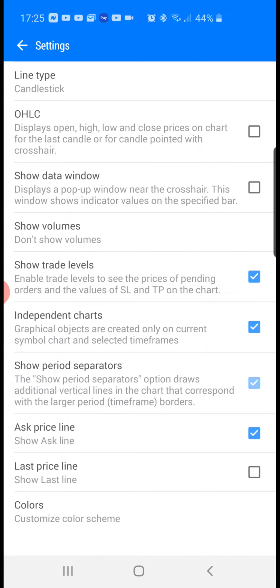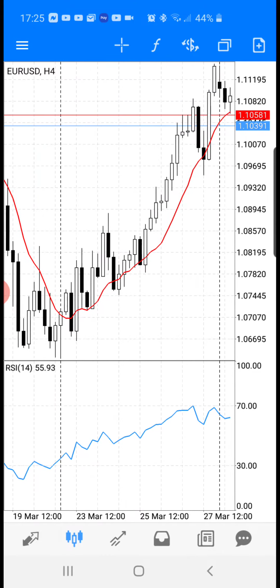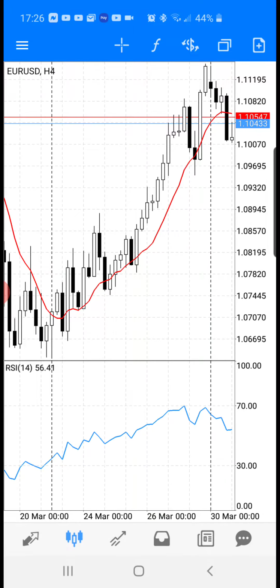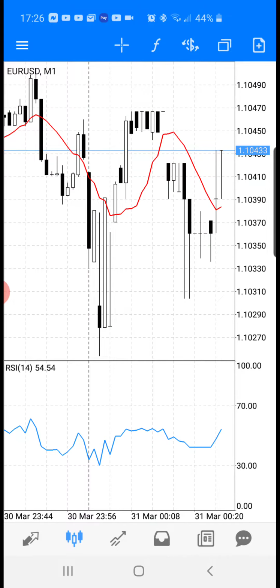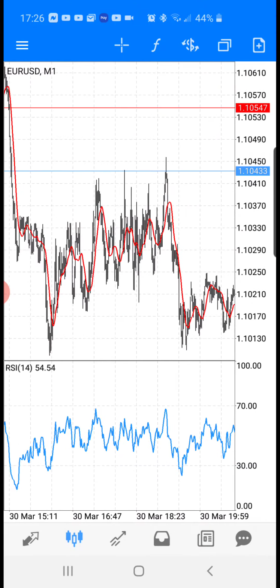And so you just want to make sure that that is checked, okay. And we'll go back to our chart, and now you see the black vertical dotted lines, okay, and it's doing the same thing. So if you go to the M1 chart or the 1 minute chart, okay, that's going to show you an